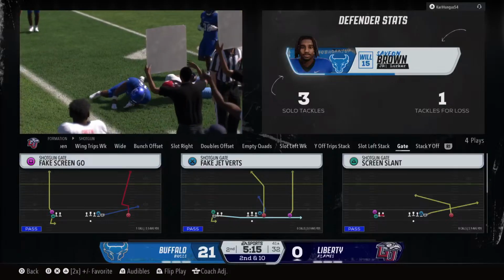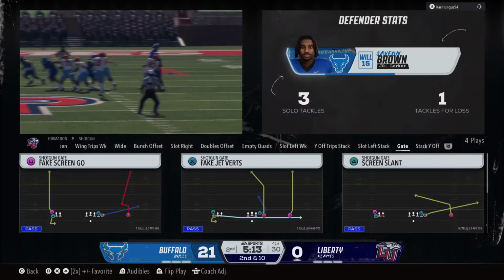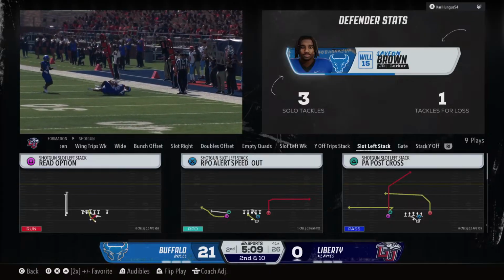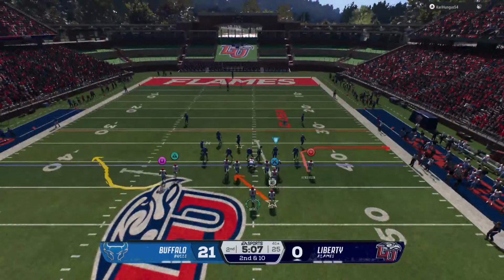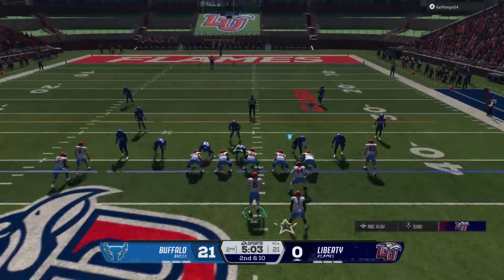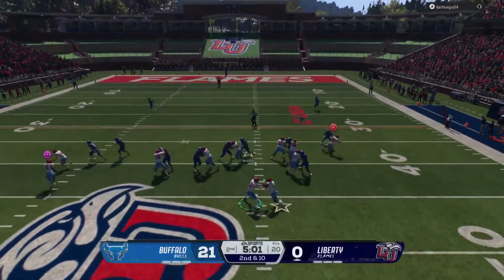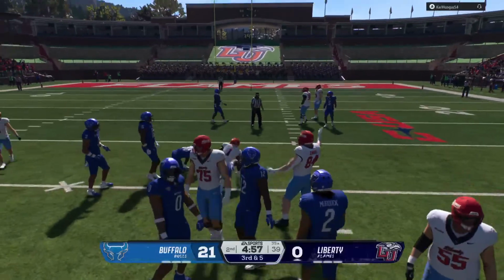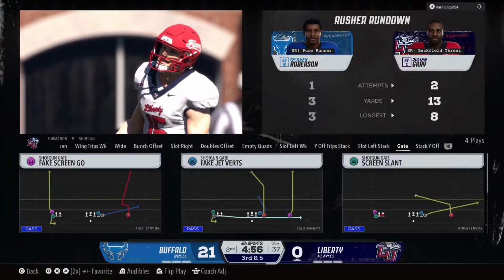And that's why, as a defense, you can stay in your base personnel because of that linebacker. You don't have to substitute DBs to take on these receivers out in space. This linebacker is quick, he's athletic, and he is outstanding tackling people in the open field. Looking for room. It's great. Pick up a 5. They'll need 5 more on third down.